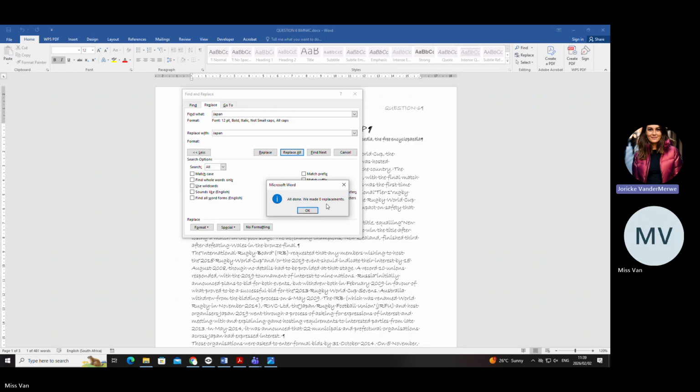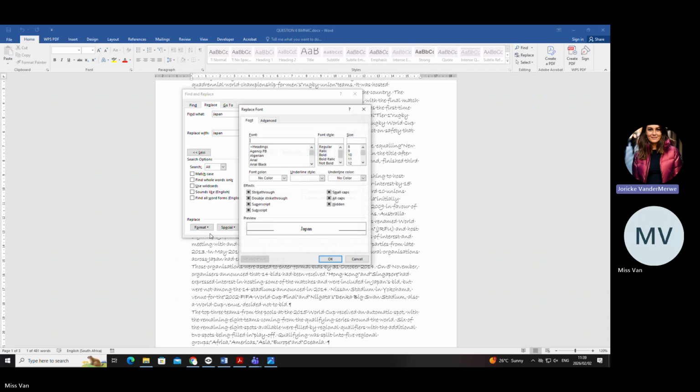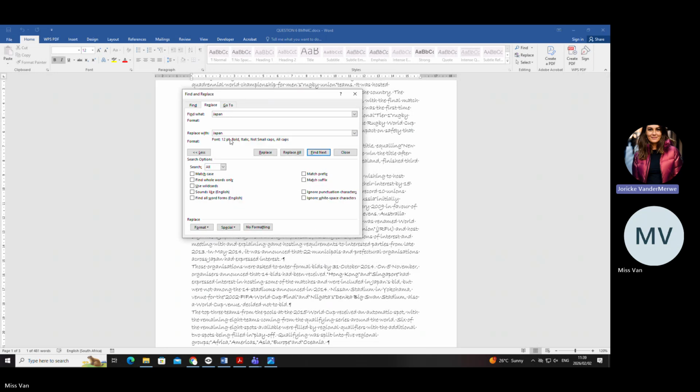Can you see that? So, darlings, it is going to happen to you. I promise you that. Then what you have to do is make sure you click there and say no formatting. That's the only way you're going to get it right again. Say no formatting. Are you with me? Then go to the second one and make sure you clicked on that second row. And let's revise it again. You go to format, font. They say 12, bold and italics, all caps, Bob's your uncle, say okay. And now can you see where it is? It's on the second one.